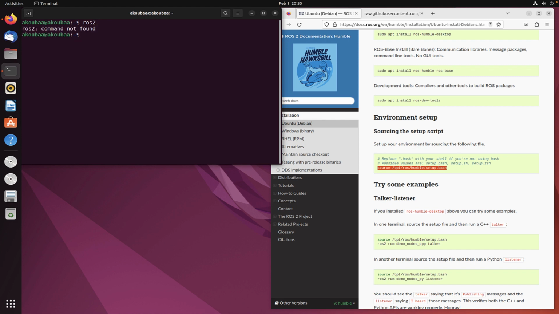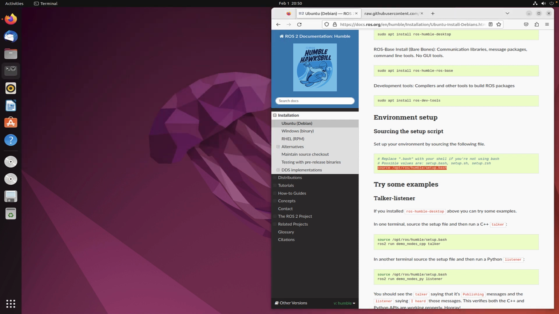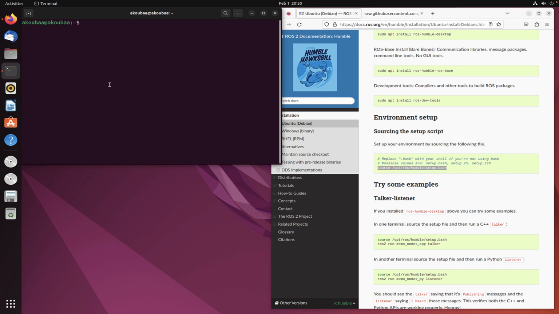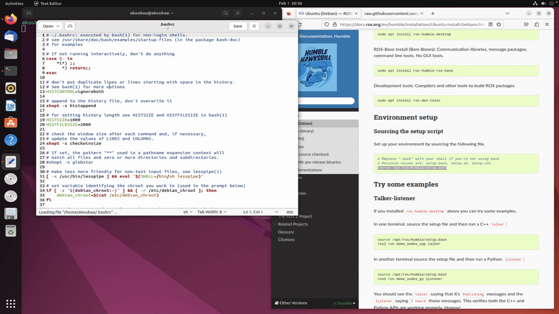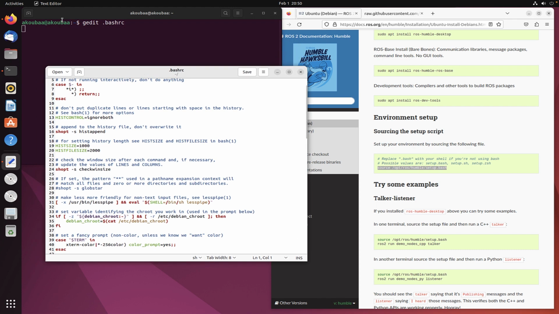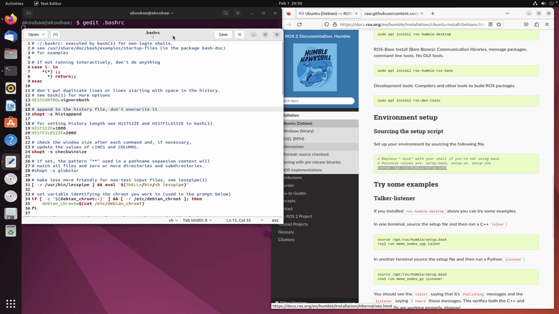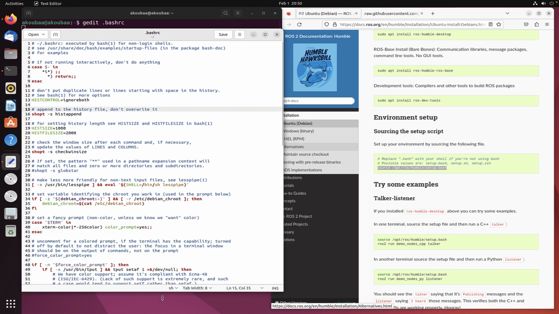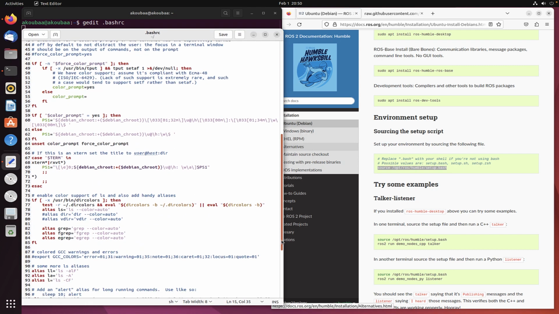Okay, so if you want to overcome this issue, you need to put it into the .bashrc file. The .bashrc is a file that will be automatically executed whenever you open a new terminal. To do that, you can do gedit ~/.bashrc, and it will open the .bashrc file, which is located in the home directory. It's a file that looks like this one, and we will source that information